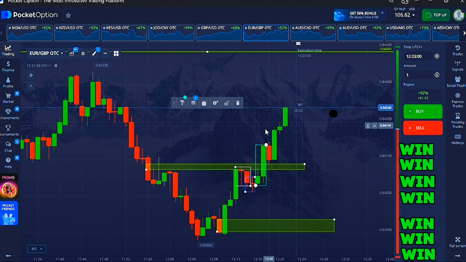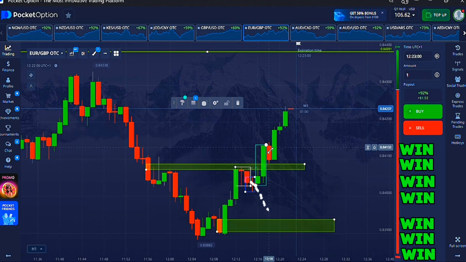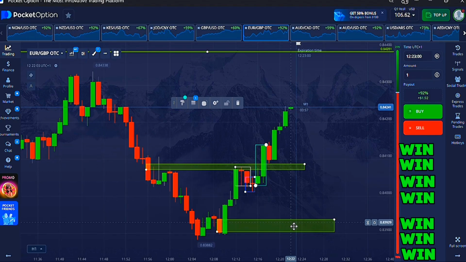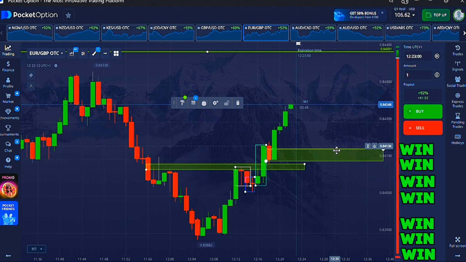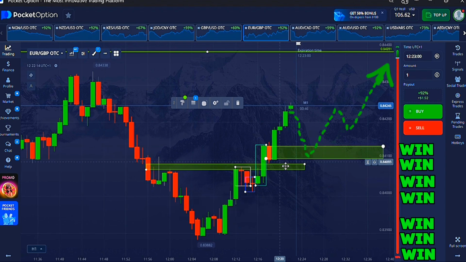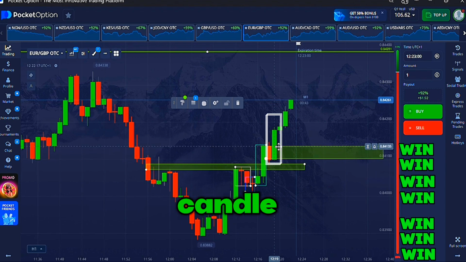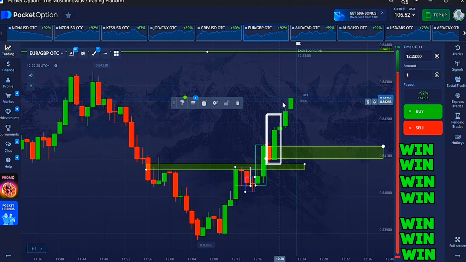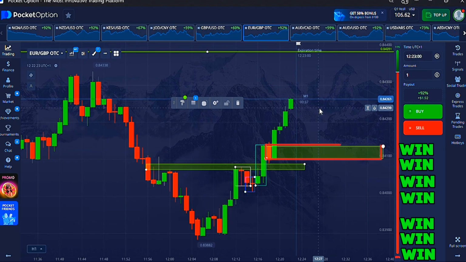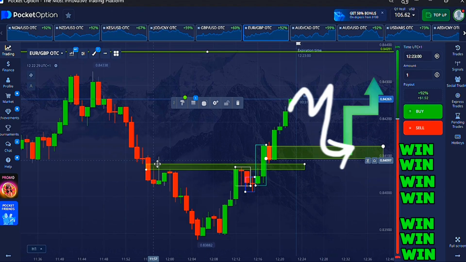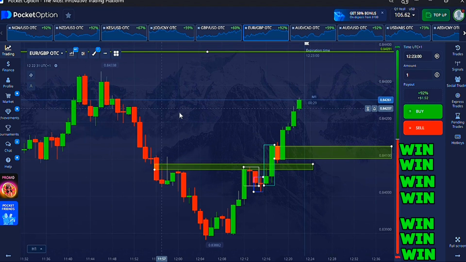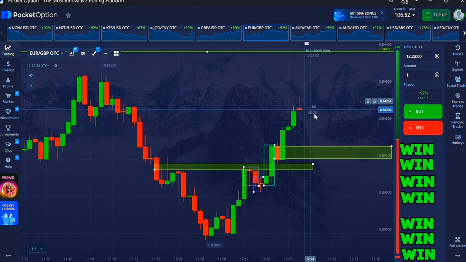Now I'm also waiting for the market to come here. I waited for it here, it didn't come down here. So now I'm waiting for the market to come here. You can see this is a strong bullish candle to the upside. So if the market comes here, it will give a reversal. I'm saying the market will go up a bit, then it will come down, then come to this demand here and keep